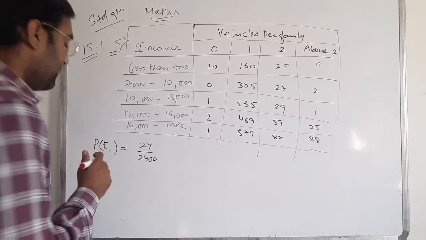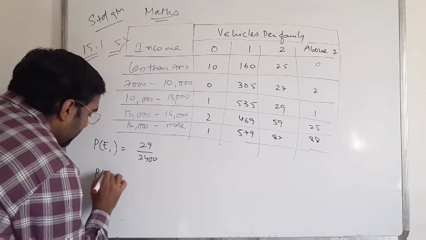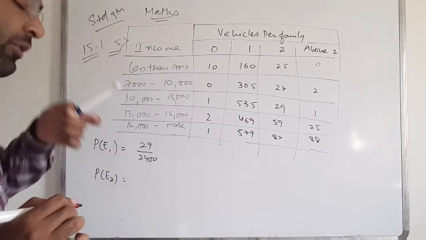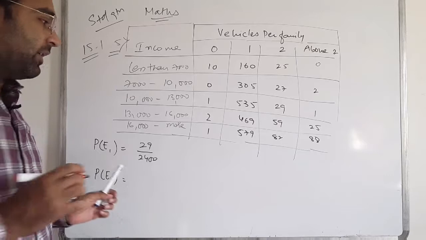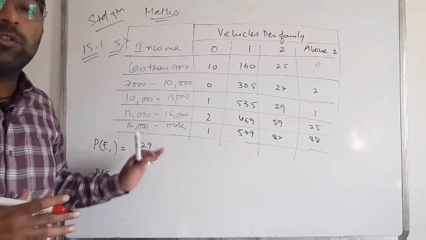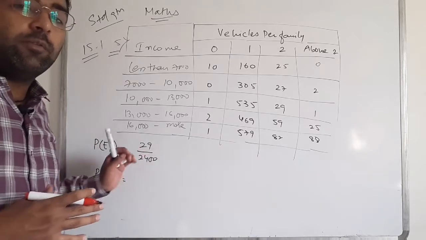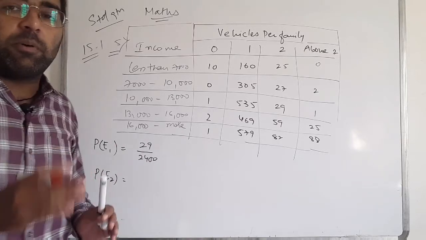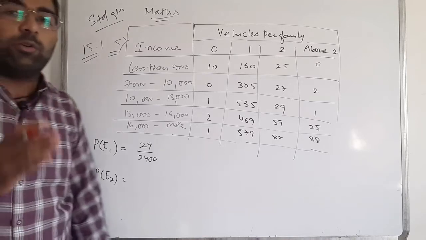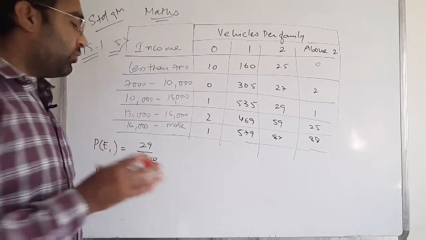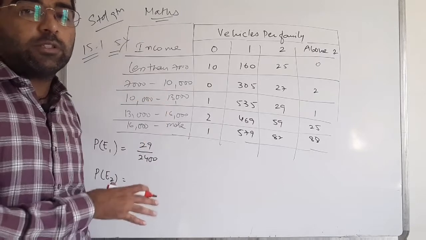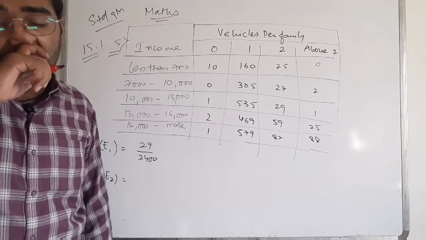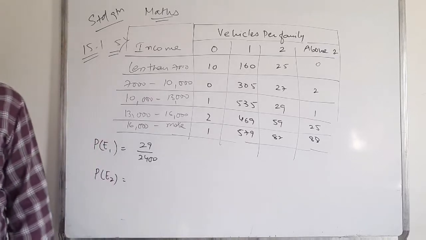Second one, that is P of E2. Dear students, here I don't have any space, so I can't write all the formulas and all the things here. You should write everything in the proper way, as I already showed you in the previous session, all the 4 steps for the first question, the second, the third. Then you must write that.